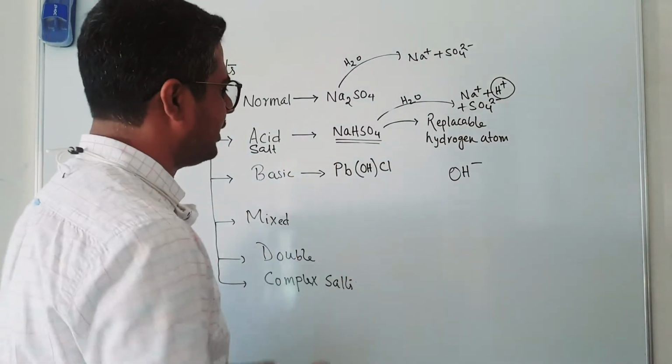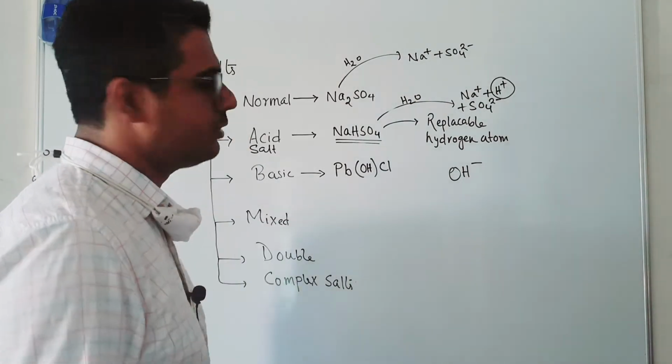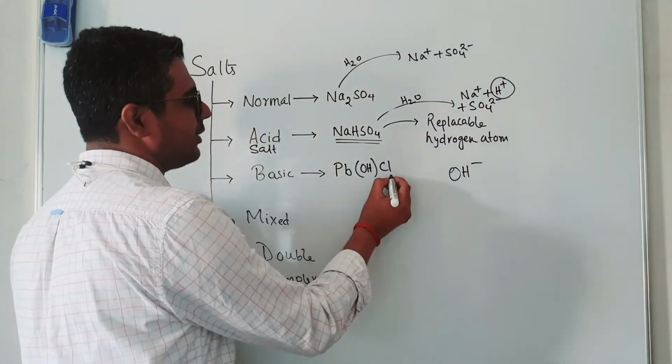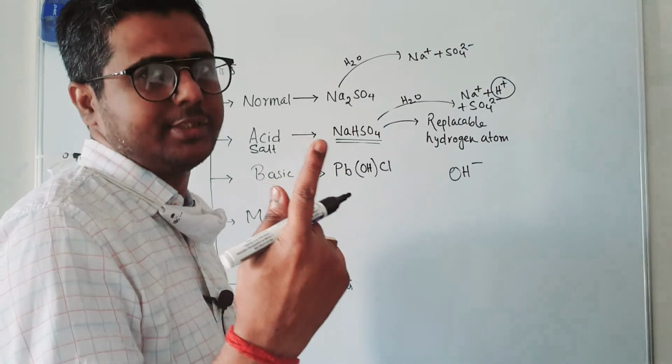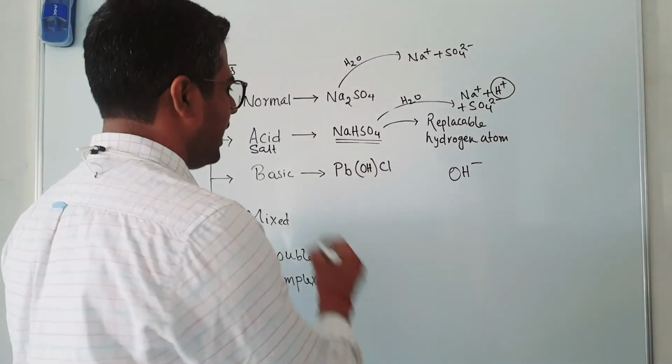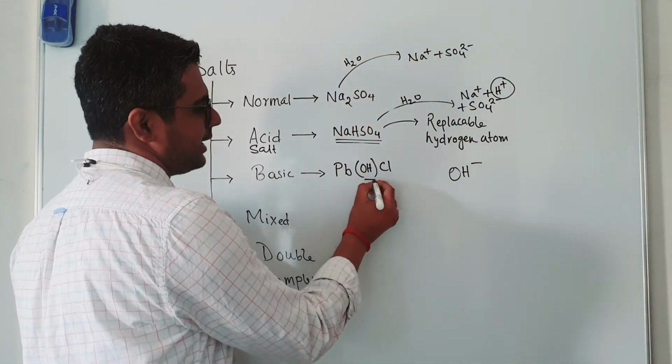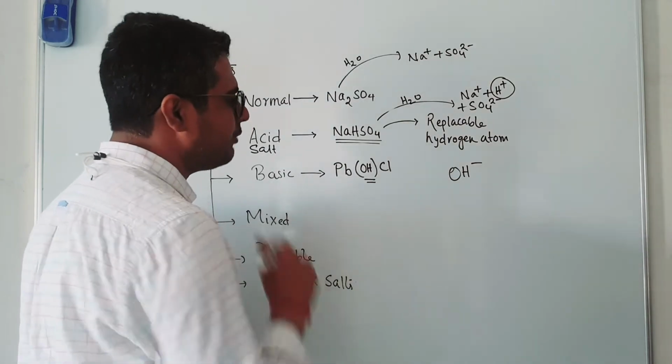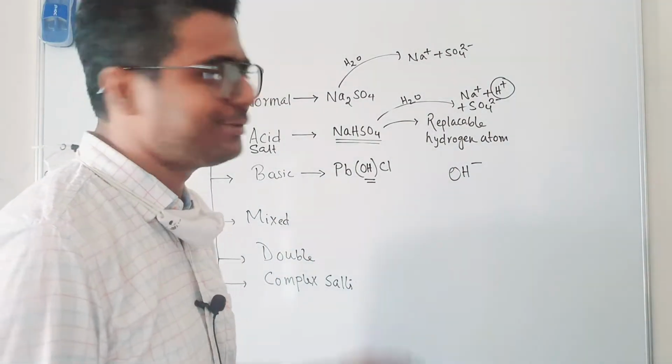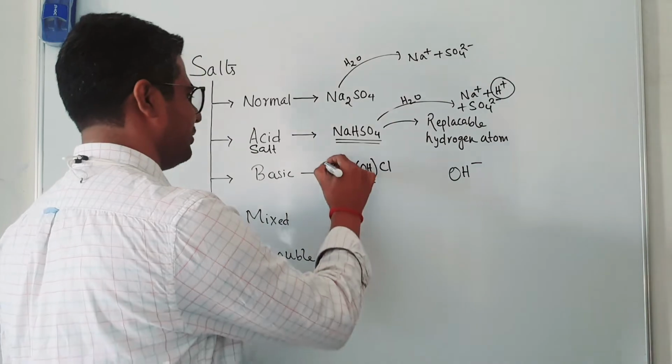So this time we are taking lead with a valency of 2. If the valency is 2, one Cl atom can satisfy one of its valencies, right? That is Cl-. Another part of its valency will be satisfied by this OH. You put this in water, it will give you an OH- ion. So definitely it will be a basic salt. Okay.